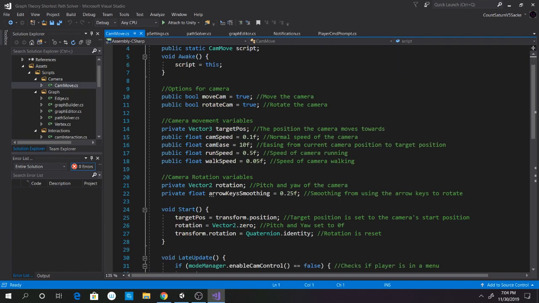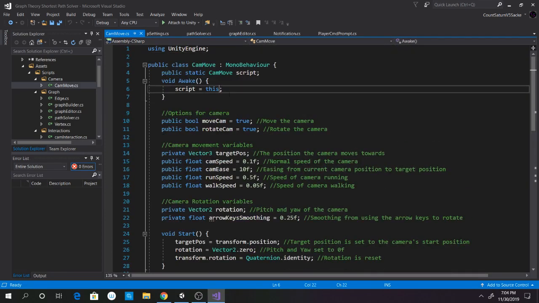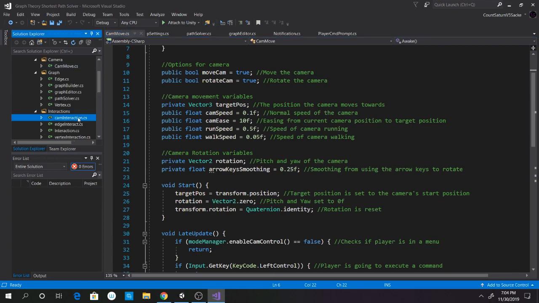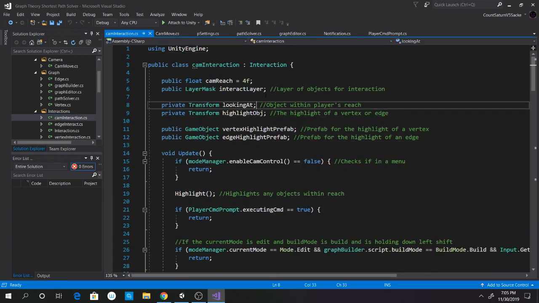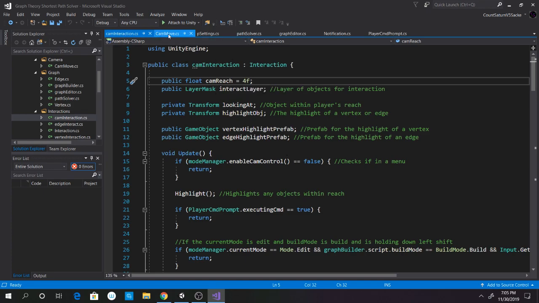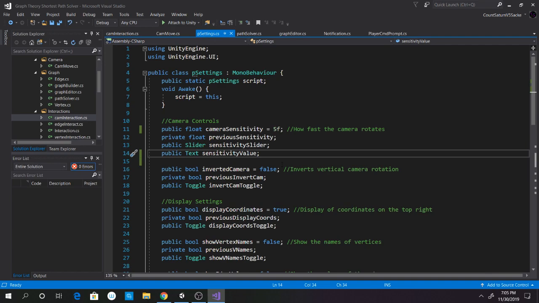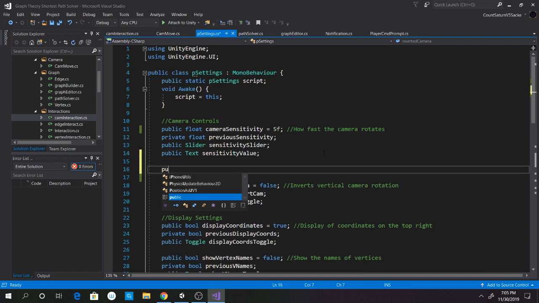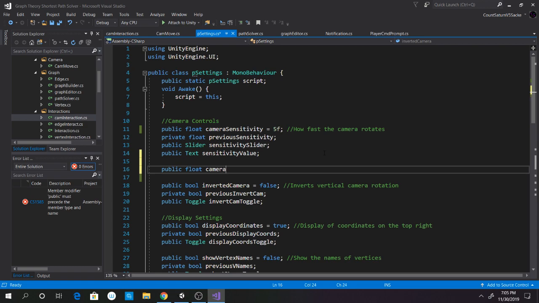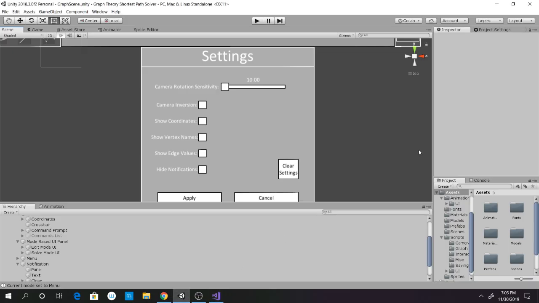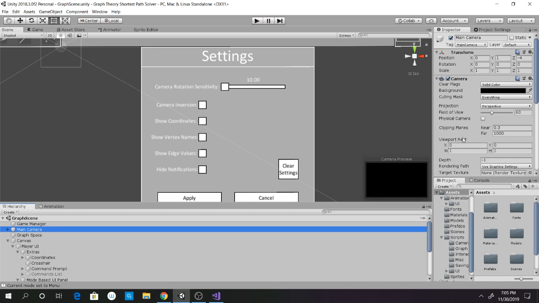What happened to the? Oh, it's in the cam interaction, right? The camera reach. It is a public float. It is exactly a public thing. And all I would need to do is replace it with the player settings camera reach. And I guess I might as well do a camera reach. And this is equal to, if I can find it, in the main camera,